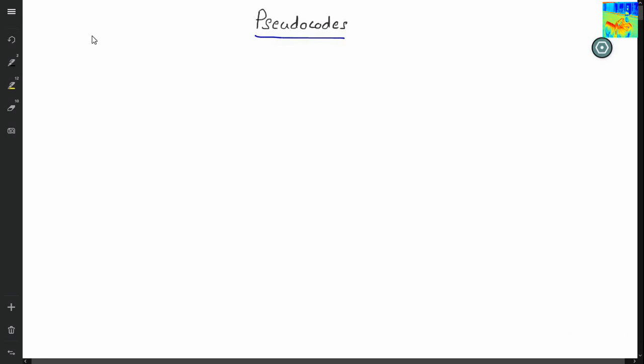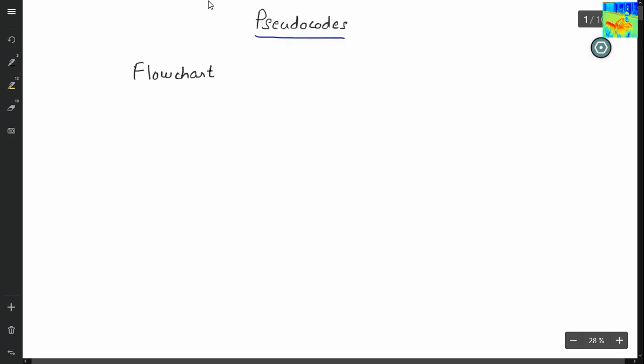So before discussing pseudocode, I want you to answer me a very simple question. My question is, what is our ultimate aim? What do we want to achieve? So our ultimate aim is to somehow show the steps that we have followed to solve a problem. And in all our previous classes, we were showing these steps with the help of flowcharts, that is, with the help of different shapes and arrows. But what pseudocode says, if your aim is to just show the steps, then you can simply write structured English showing the steps. There is no need of drawing different shapes. Makes sense? Okay, so let's compare flowchart and pseudocode side by side.